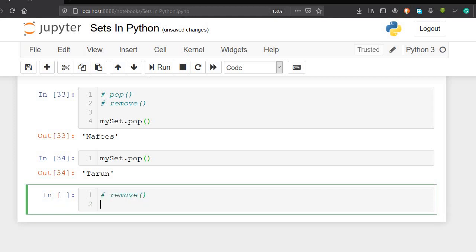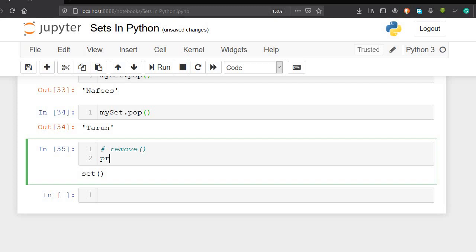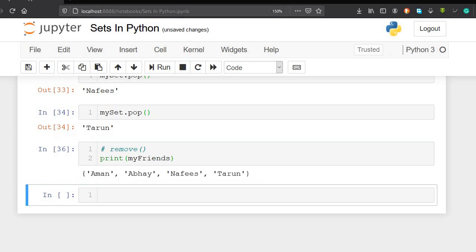The last method we have is remove method. The remove method is used to remove a specified element from the set. So let's see what elements we have in my friends set. We have 4 elements in my friends. Now let's remove Nafis from the set. So I have to write my friends dot remove.